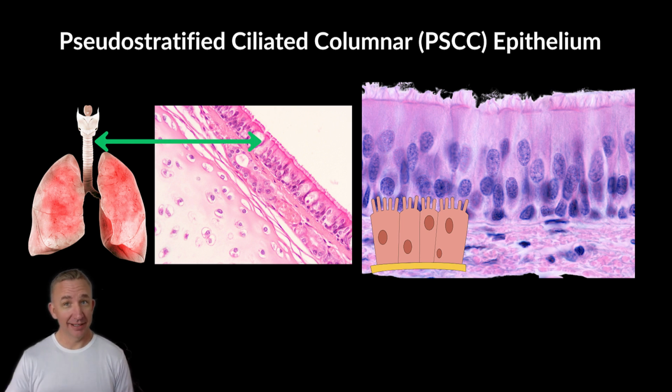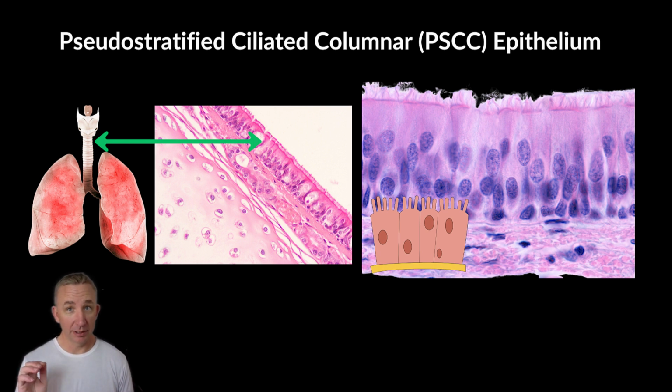Pseudostratified Ciliated Columnar Epithelium. That's a lot. We abbreviate it as PSCC. On your exams, don't abbreviate anything. Pseudostratified Ciliated Columnar Epithelium. Remember when we looked at simple, one layer, stratified, two plus,